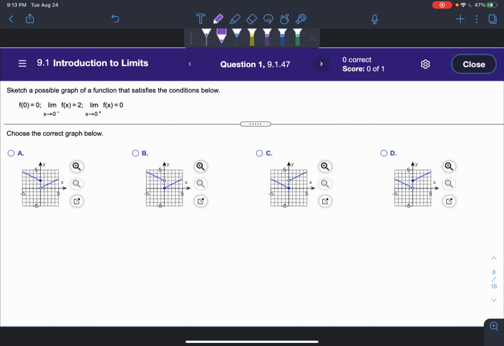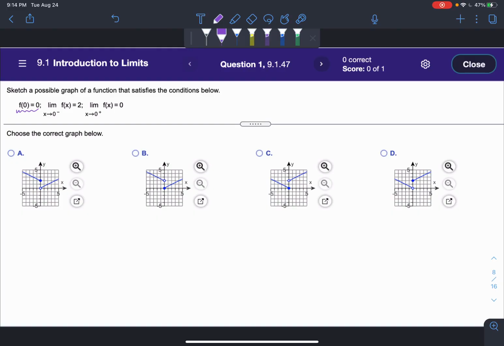Okay, so now we want to sketch a possible graph that has these qualities. So our function value, when we plug in 0, we get out 0, and then as we approach 0 from the left, we want the function to be going towards 2, and then as we approach 0 from the right, we want it to go to 0. Okay, so let's go one by one and see which graphs